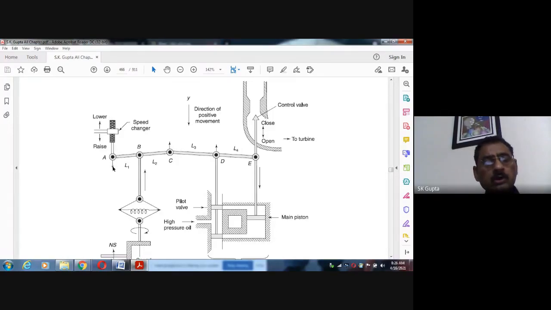अगर आपने इसको down किया, if you make it down, what will happen to this? It will go up. Okay, when this will go up, this will also go up. This the more pressure, and this will go down. More energy, more fuel will go to this. So either this is an automatic process with the help of speed measurement, if speed is low, then more fuel was entering. Here also, by making this in the lower direction,